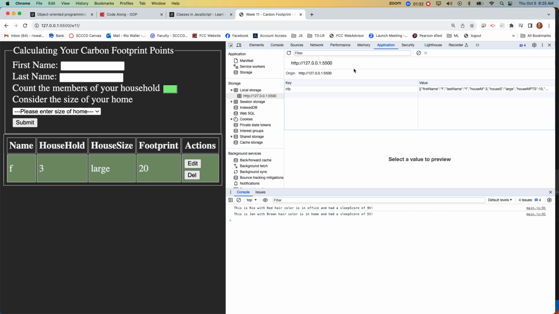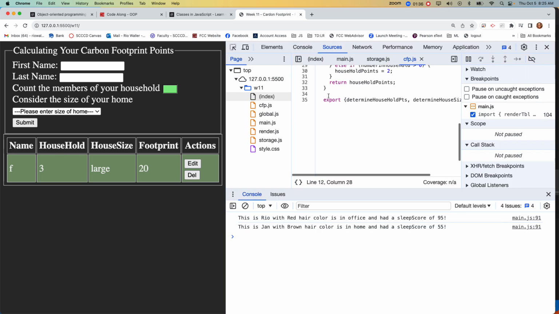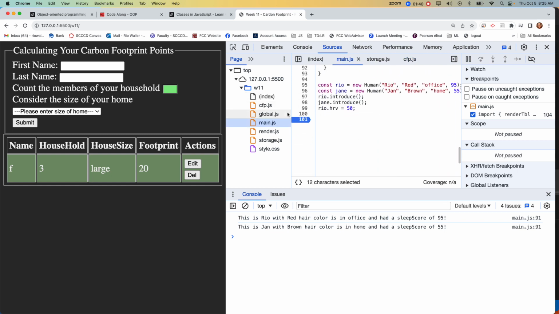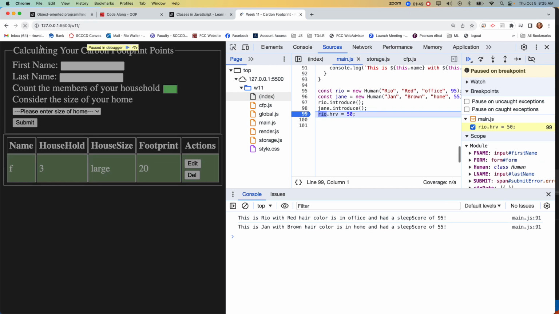If I come over here and I go to my sources, make my page a little bigger, right, and I come down to main, make sure that code's in there, and it is, right? So then, we'll put it right here so we have it. Right, so as soon as that line executes,